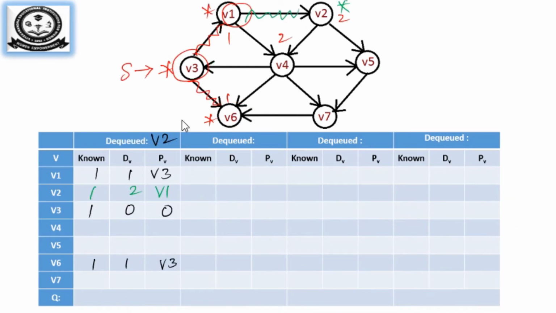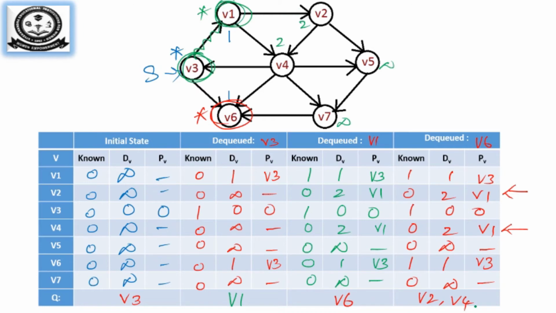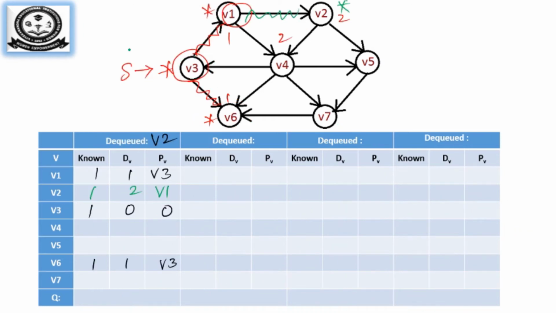So the next vertex that is going to be DQ'd from Q is V2, because in the previous you can see V2 and V4 are pushed into Q. So first V2 will be coming out. So V2 is done. So this path is made and its length is 2. The previous vertex is V1. So the rest of the table will be the same. So V2 will be 0, length will be 2, V1. V5 is 0, infinite. Okay, sorry.